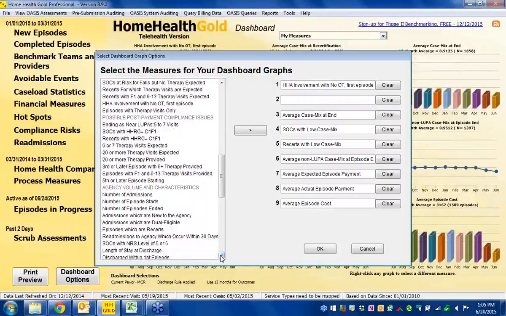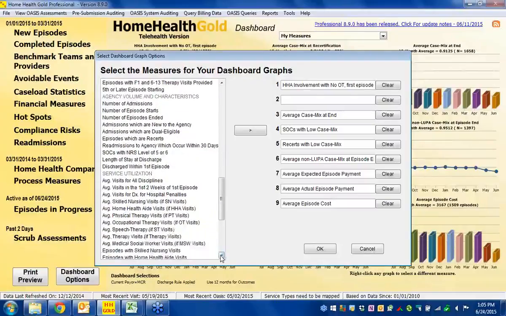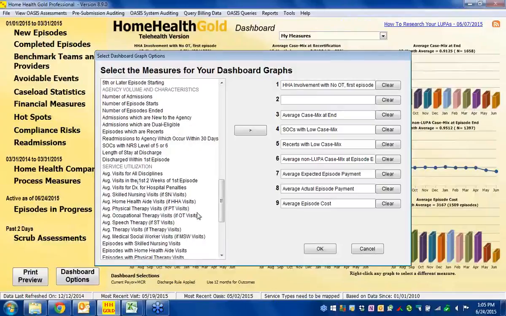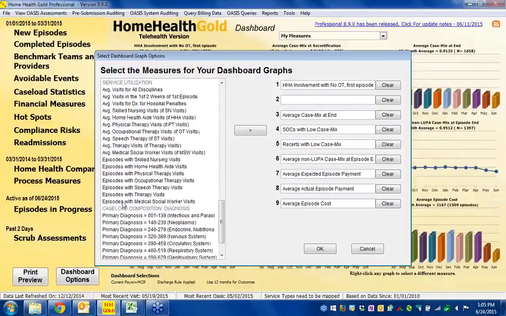Agency volume and characteristics, service utilization. So I think these groups make much more sense to the way we think about managing agencies. And for the graphing purposes, the service utilization, we've broken it into two parts, into a group that looks at the average of how many visits you're averaging for discipline, for nursing or for PT or OT, and then a group that speaks to the proportion of episodes that have speech therapy or PT or social workers involved, and then